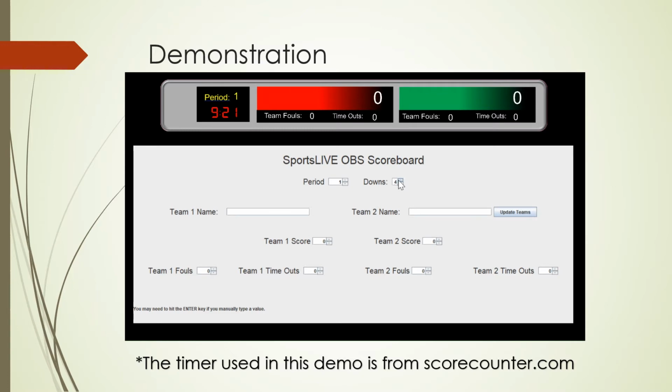Yeah, I have the downs only set to 4 because you can only go to 4 downs in American football. But yeah, that is basically a brief demonstration of the SportsLive program, and I hope you enjoyed it. All right, so there was the demonstration, and I hope you found that very informative. So now let's get into the actual nuts and bolts of the program itself with the project